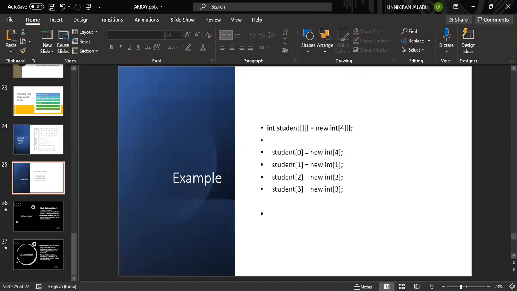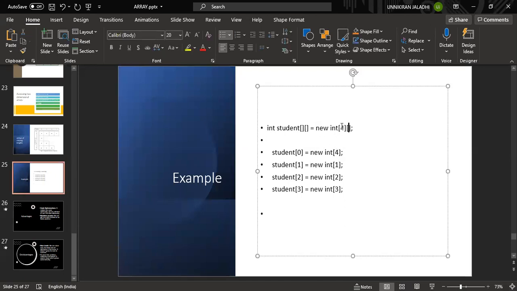This length is this, not this one. Inside this we are going to take student 0. It is an array. This is the row and this is the column. There are 4 rows. For the column itself, we are going to assign the length. In the next class, we will discuss this in detail, which is a very easy topic, somewhat clumsy. There is no need to worry about that.